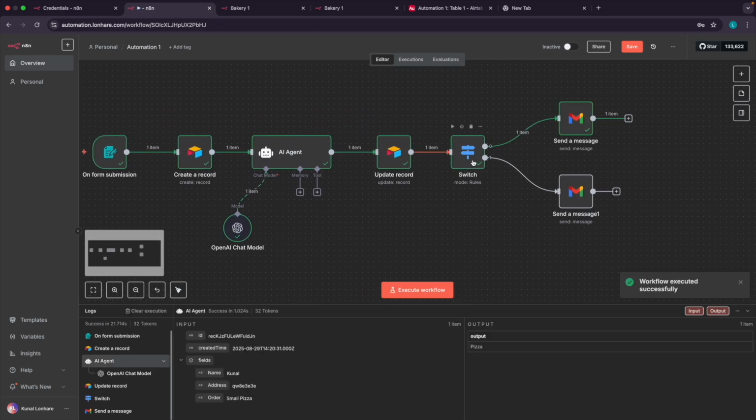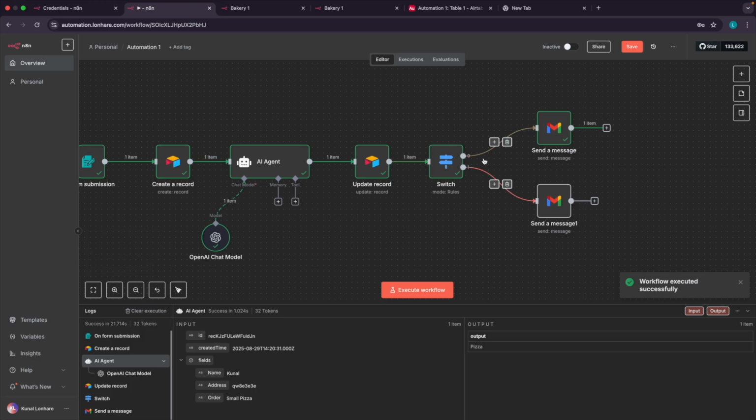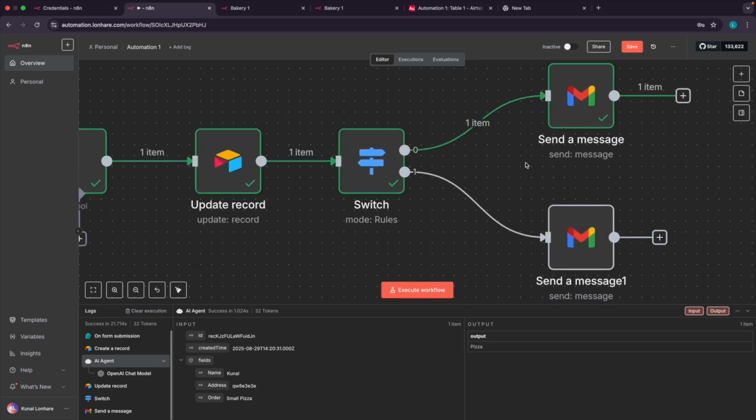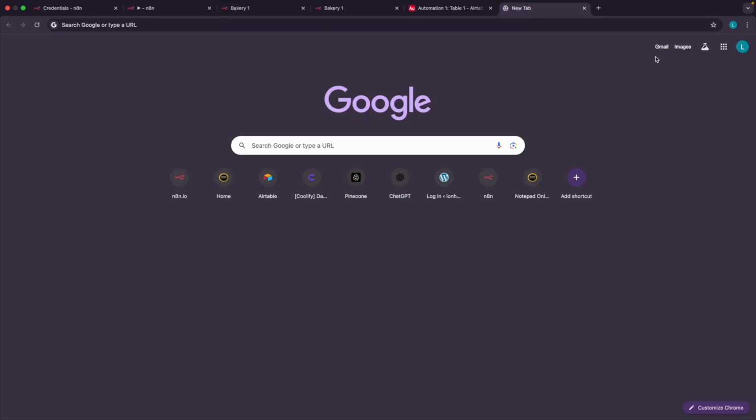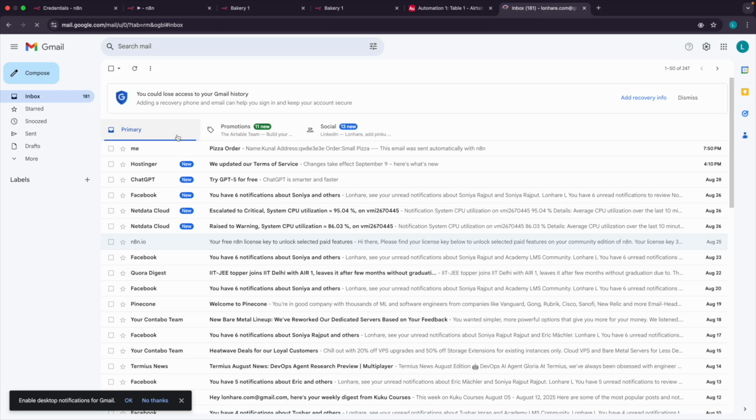So you can see it right now, it's pizza. So that's the reason it went to the top one. You can see the item went in the first one. Okay, so it has gone, and let's see the email whether we have got it, or basically we will see